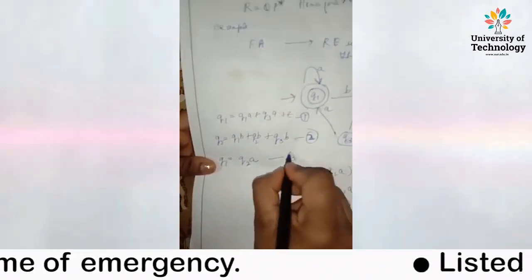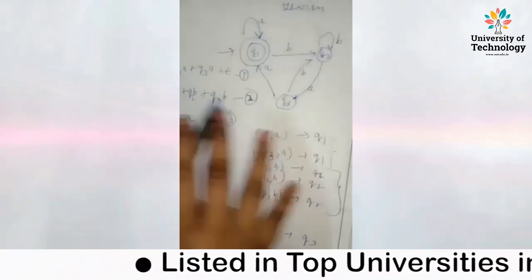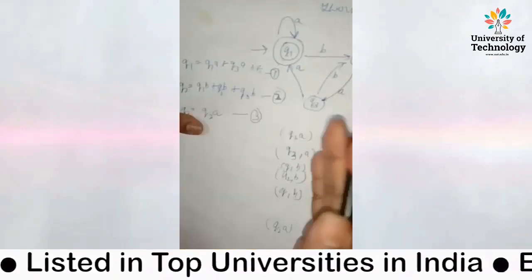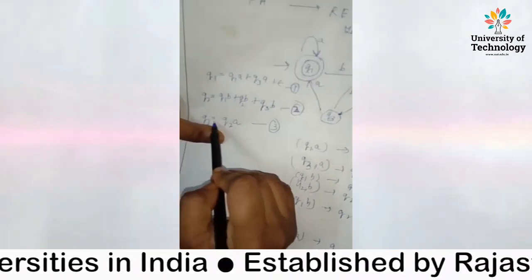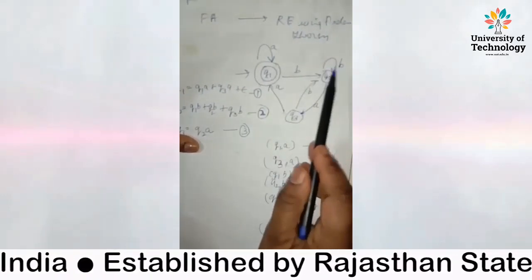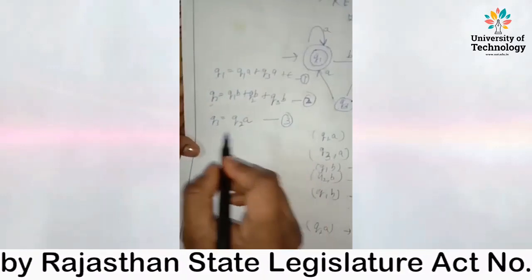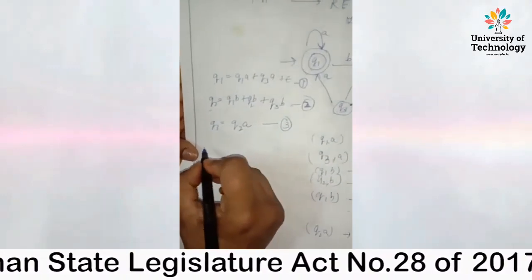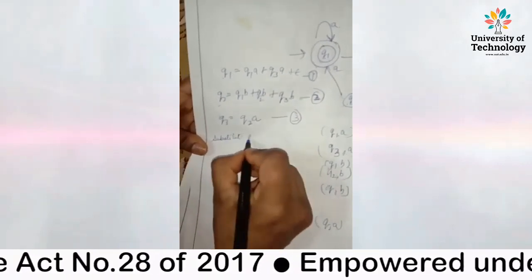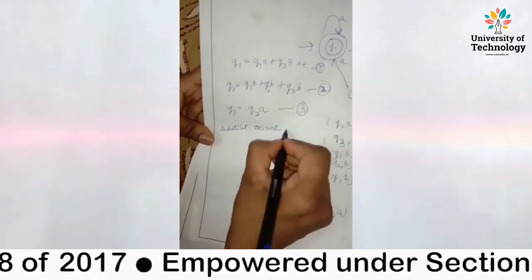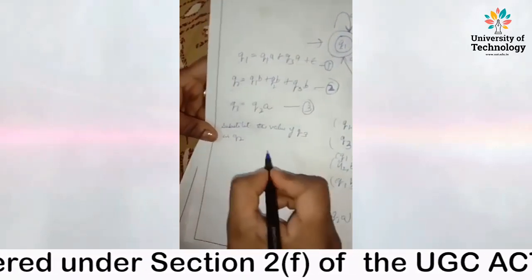And mark it as equation number 3. These three are clear to you? Is there any problem? What we have done is we have seen the various ways by which you can reach Q1, Q2 and Q3, and this is mentioned in the finite automaton diagram, right? This is clear to you. Now what we are going to do is substitute the value of Q3 into Q2, right?